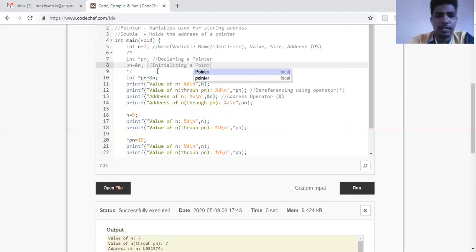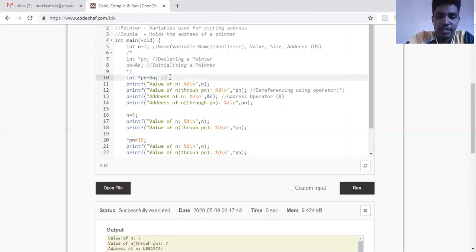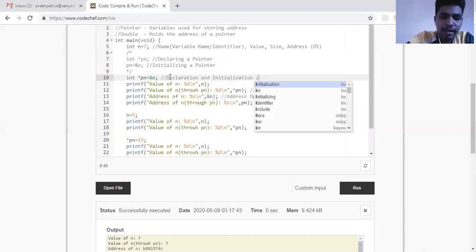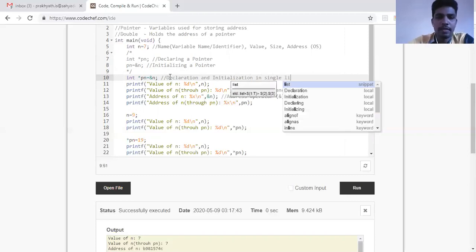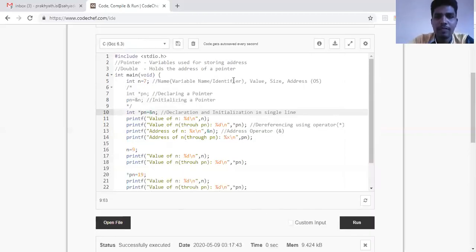These are the 2 concepts, and I can do declaration and initialization together in a single line. Okay, so now we'll come to the concept of the double pointer.